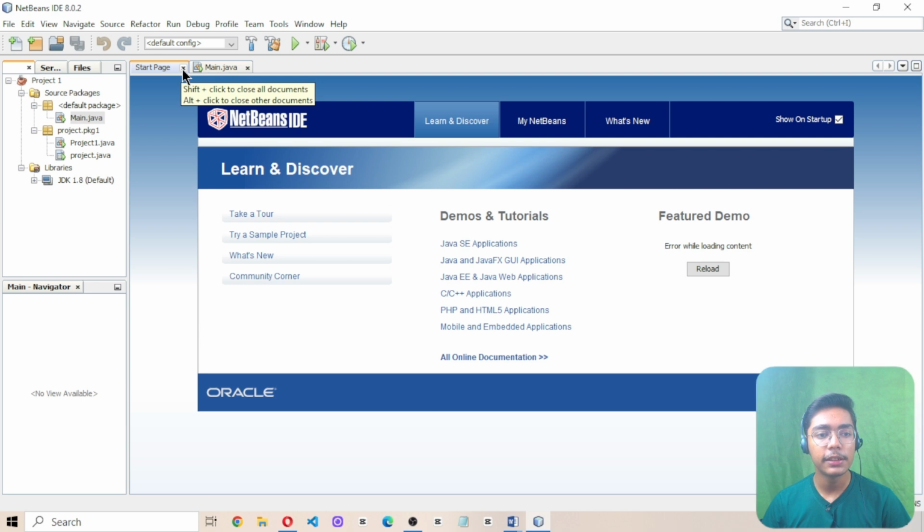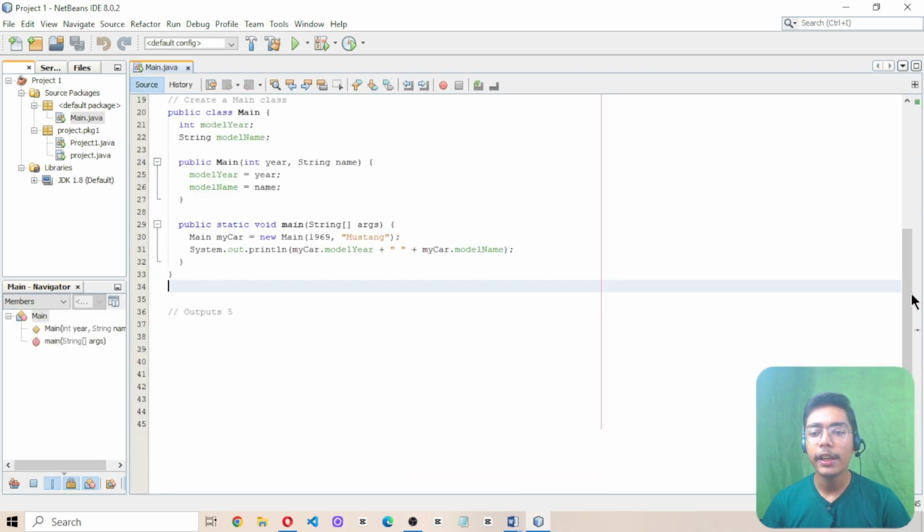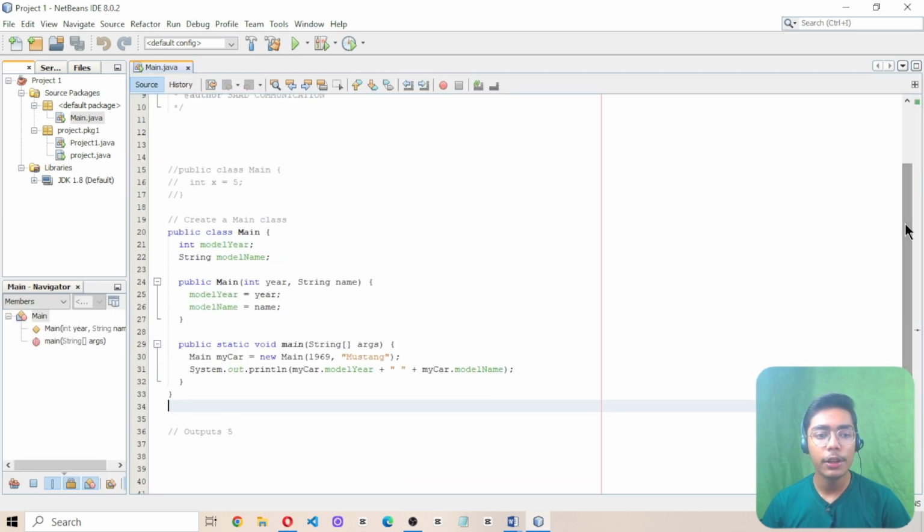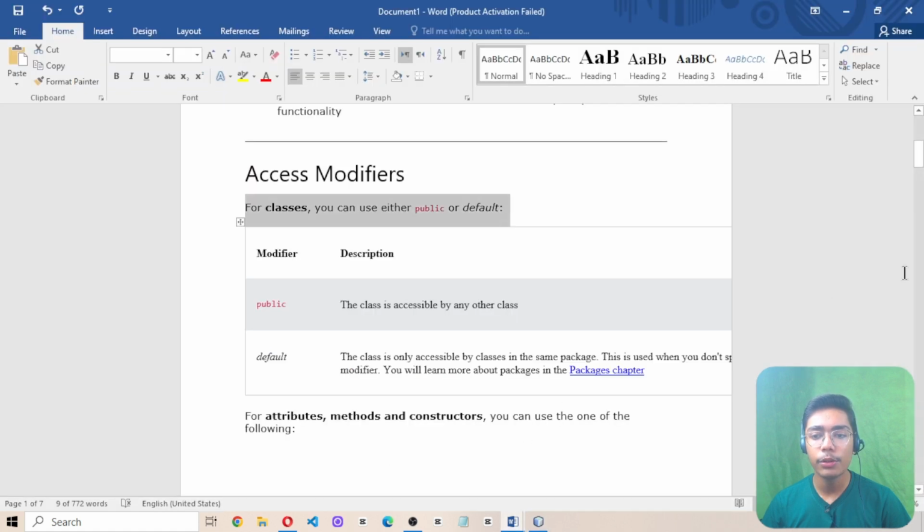So now you can see our NetBeans IDE has been opened. I'll be closing this start page here, and we have already created one main.java file in the previous videos of Java, so we will not be creating any file. I will simply be creating a class using the public keyword, which is a modifier when we are working with classes in Java, and we will be working on that. So now moving on to my Word document here, if I show you the example,